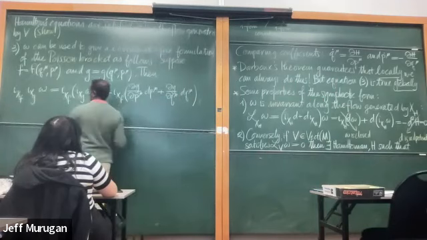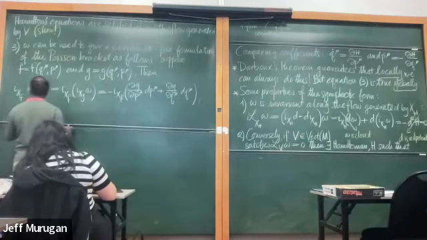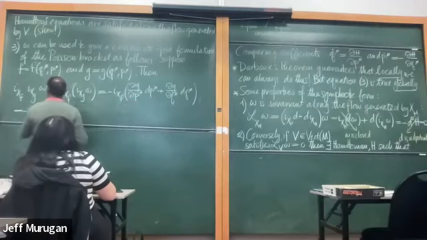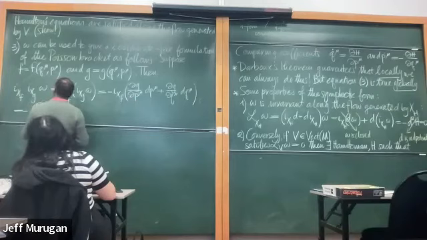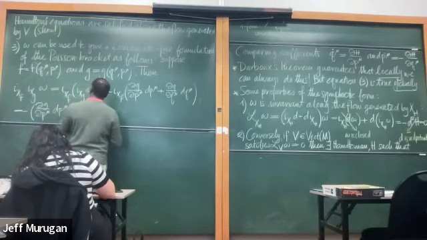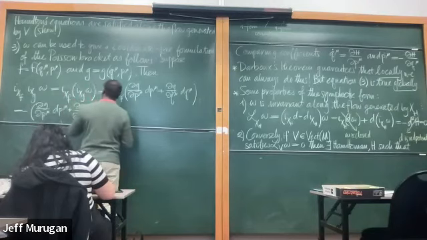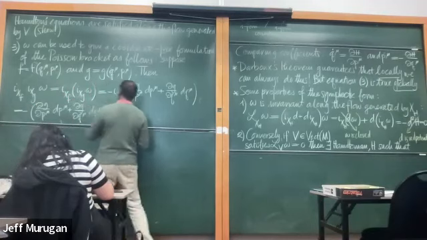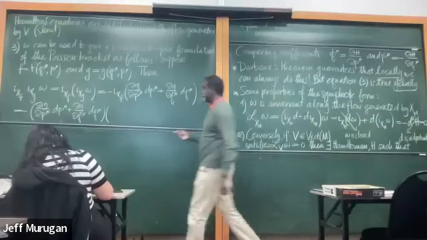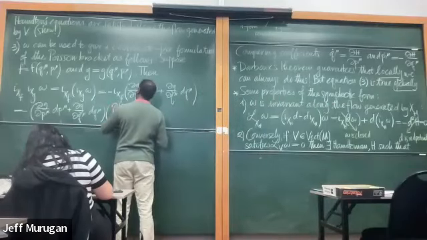So if I contract again with the vector field, this is minus this guy's in here, the by the mu plus G by the Q mu on the F